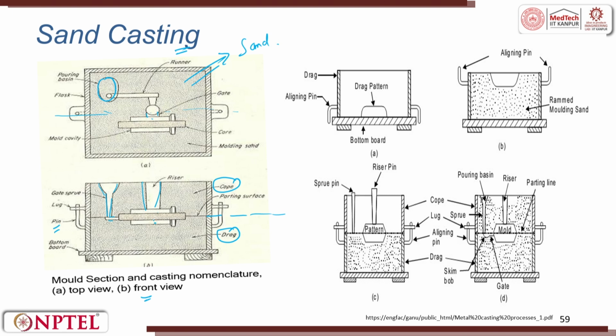So, what you are trying to generate is a hollow part. The hollowness is brought in by the core, right. The core can be removed or it is expendable. So, you take the part out, you break it open, or you can try to have something to just release it out. Both are possible, right. So, this clearly says, when you see the top view and the front view, you can visualize very clearly what are all the parts of a sand casting.